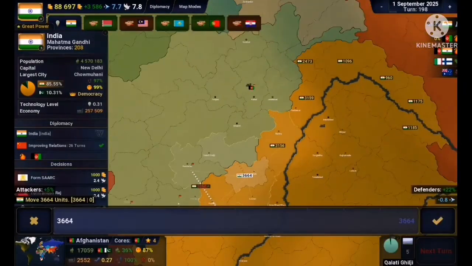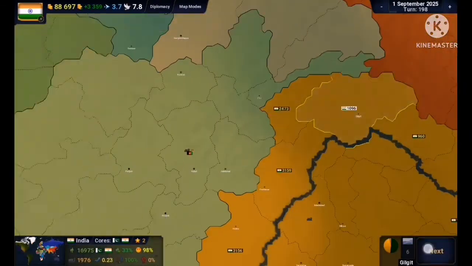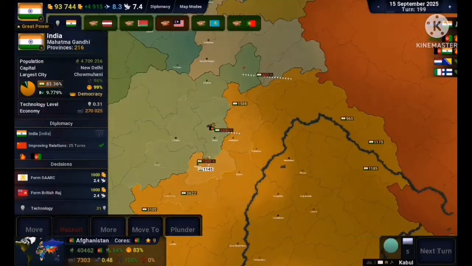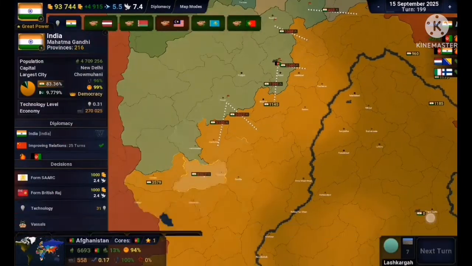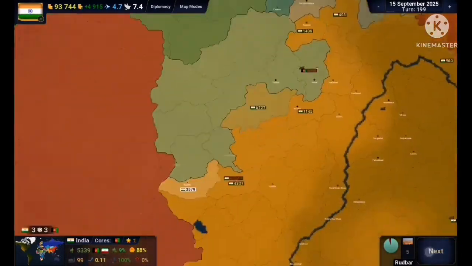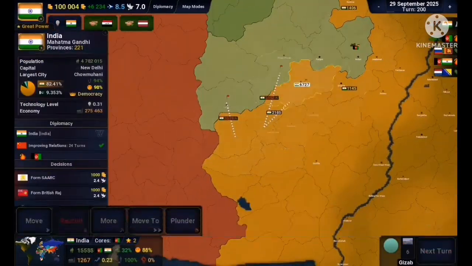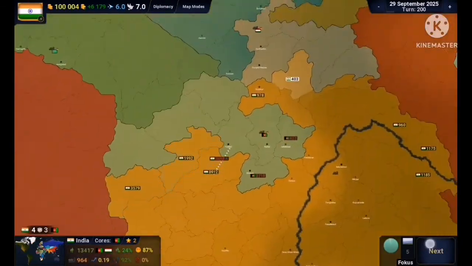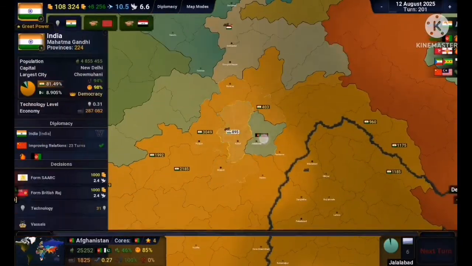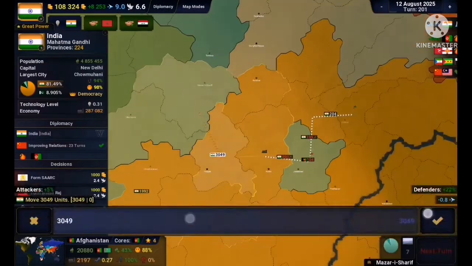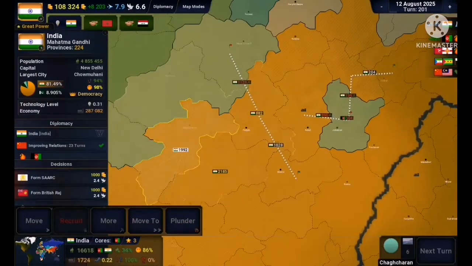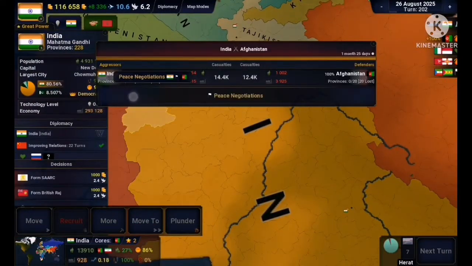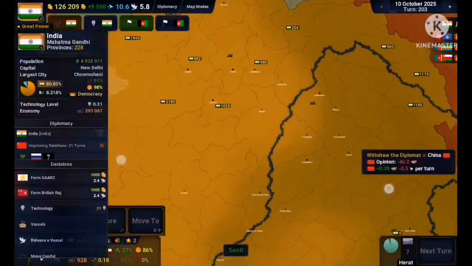Anyways, I invade Afghanistan, and yeah, this one goes pretty well. I think you can already tell how this goes. Invaded like it's nobody's business. They do defend Kabul, and they do try to at least push back, but I am able to surround them, just like before. Actually, I'm able to surround them, and I take Afghanistan.